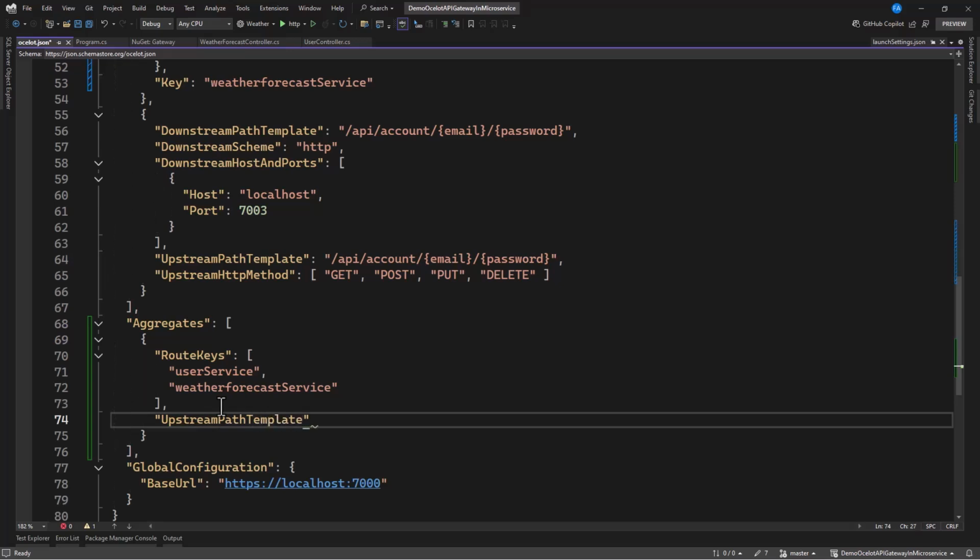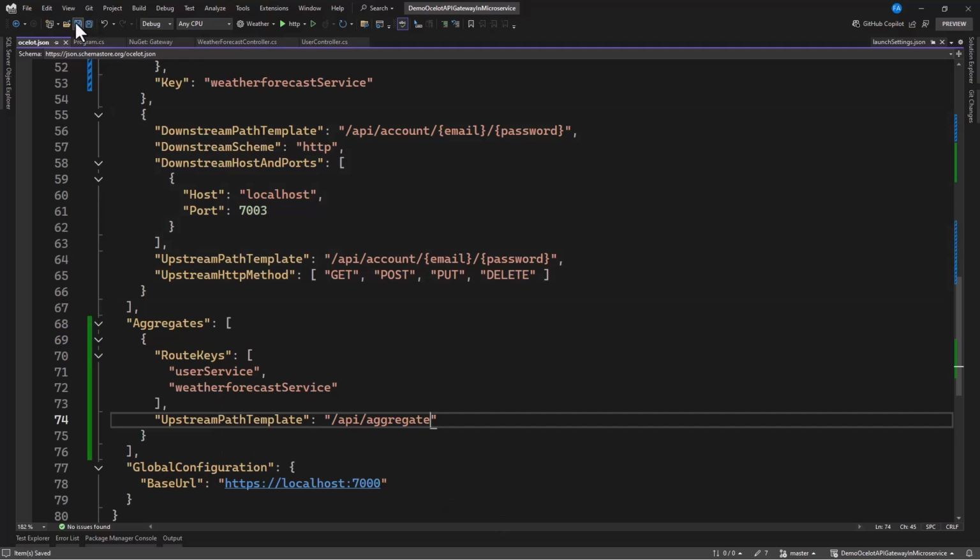Now this upstream path template, what are we going to do in here? What URL can a client access to get this? We can say that this is /API/, let's say this is aggregate. Only this. So you want the client to make a request to this. And that is all that we need to do.